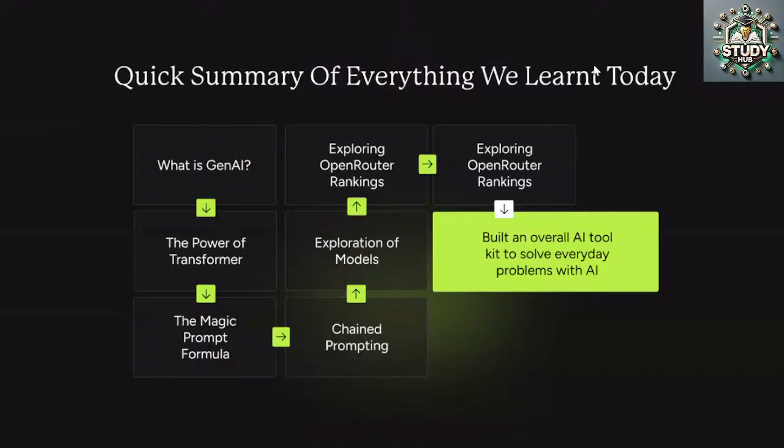I'll just hand over, kudos to everyone. I'll just quickly summarize where we started and where we are heading, and then I'll hand over. So we started off with our first definition of Gen AI. We saw the five-step process of transformers, the magic prompt formula, right? How the prompt changes the output of my model. Then we explored different reasoning models. We did one exercise of the complex prompt. What is the difference between reasoning versus non-reasoning?